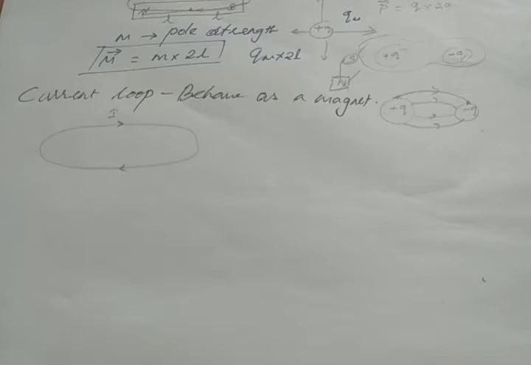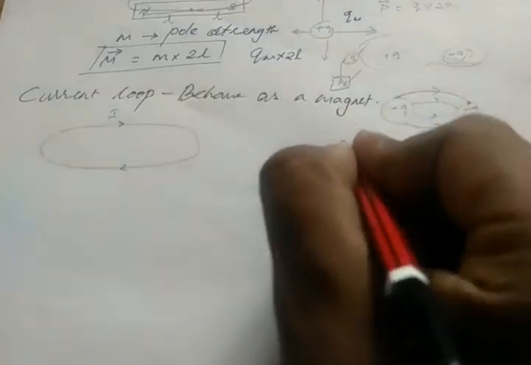Whenever current flows through an open wire, it produces a magnetic field, we know. But when a closed loop carries current, it behaves as a complete magnet. So which side is the north pole and which is the south pole? For that we use the direction rule, which you may have already studied in 10th standard CBSE. Whenever current flows through a closed loop in the clockwise direction, the upper side is considered the south pole.